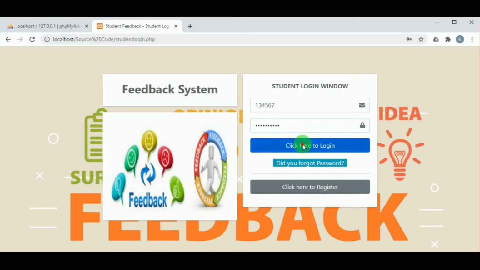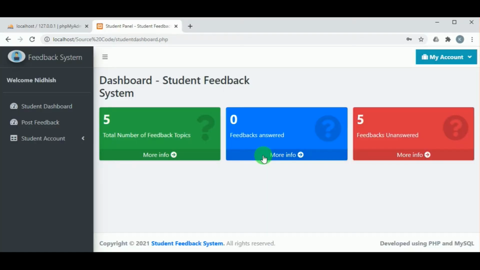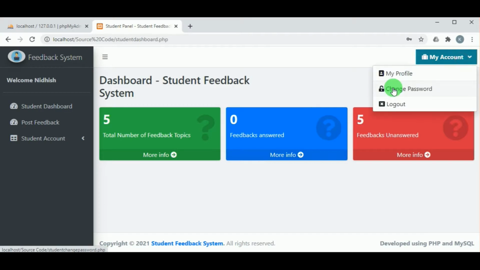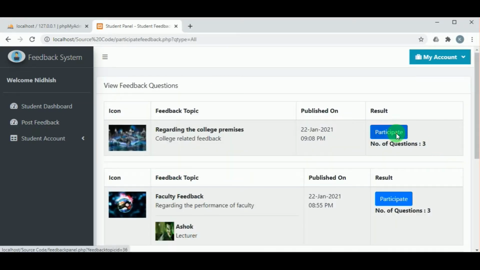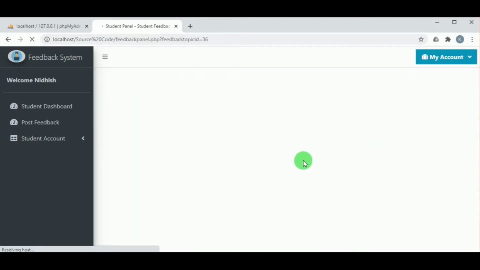So click here to log in. You can see the dashboard of the student, where the my profile and change password options are available for the student. And post feedback. Here the student can view the feedback questions awaiting for him to complete.